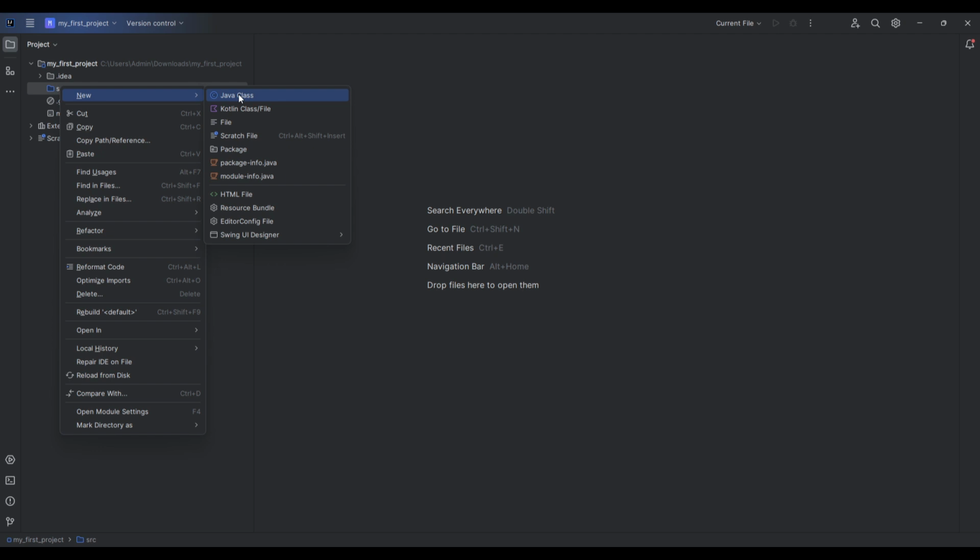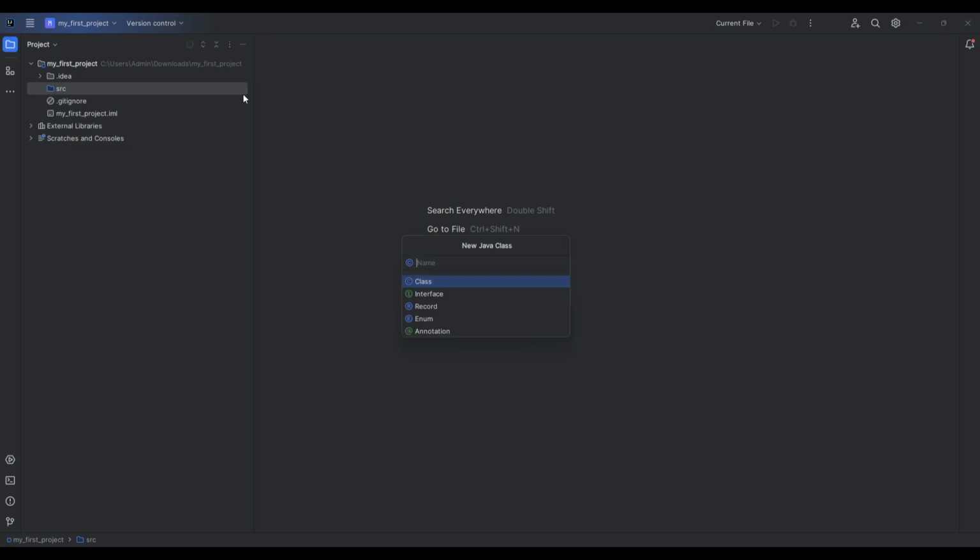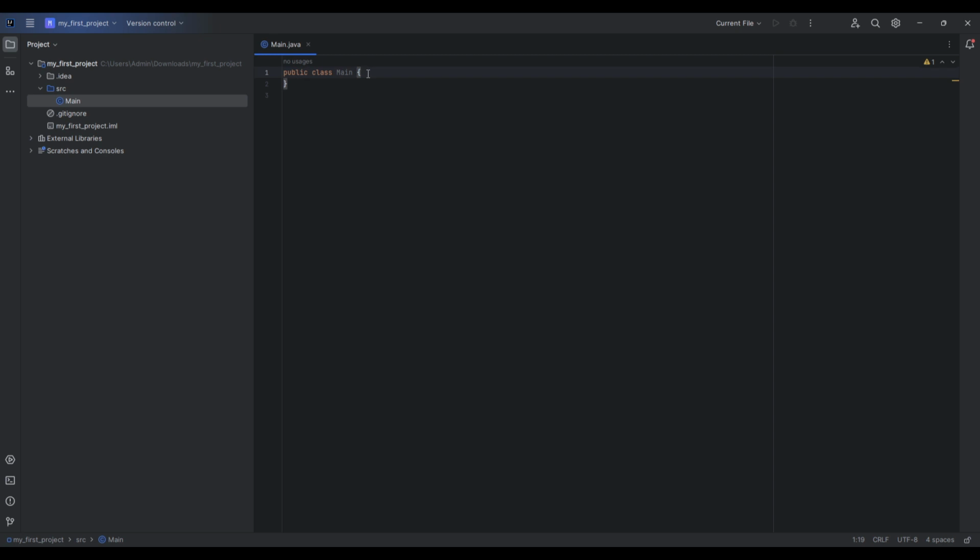To do so, I right-click on src directory, select New option in the dropdown, and here I will select Java class. After this, I will call my first class main and click on Enter button. Here we can see that an empty public class with name main was created. I will create main method in this class with the following combination of keys: PSVM. It is hotkeys combination to generate public static void main method that is the entry point of each Java